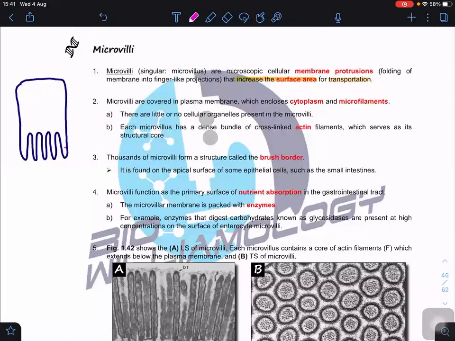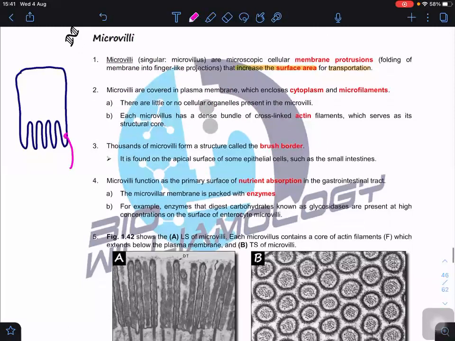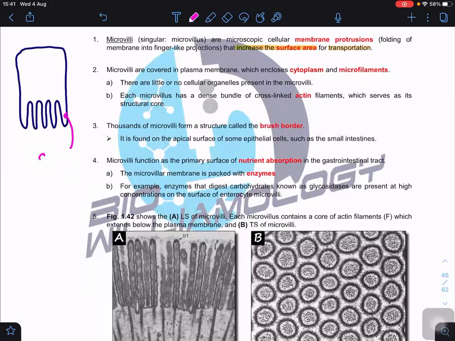Okay, so if I zoom into these microvilli here, we can find out that they consist of cytoplasm and microfilaments. Are you clear? The cytoskeleton, microfilament, not microtubule. That's why we learned microfilaments before that. Are you clear? Okay, we learned microtubules, now we learn microfilament. So it means that at these regions, you will see a lot of these microfilaments